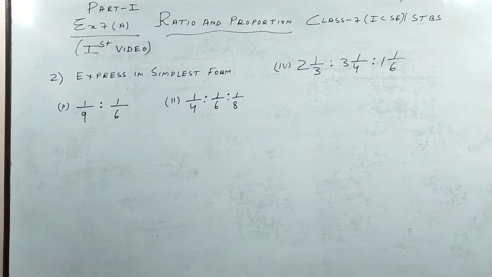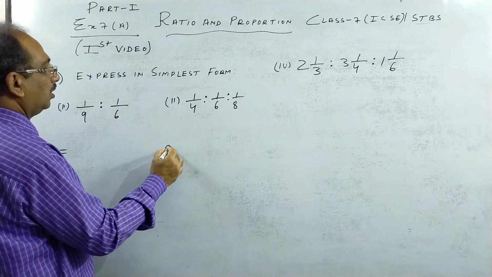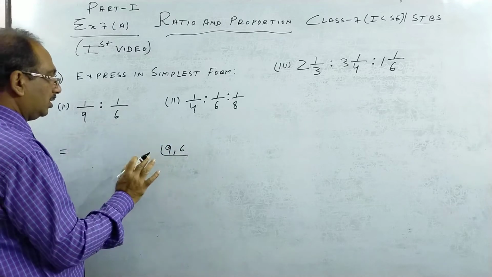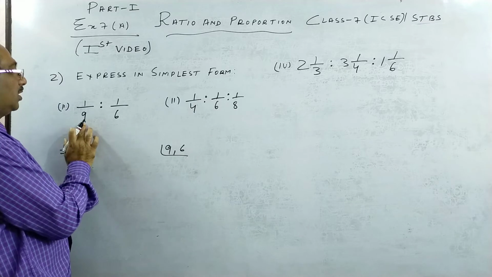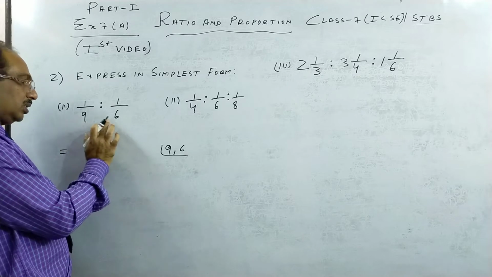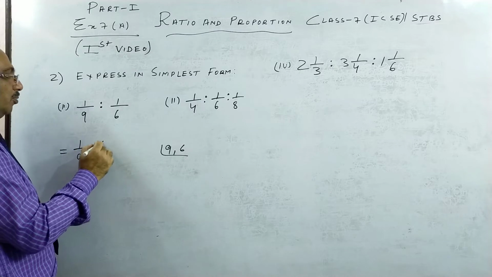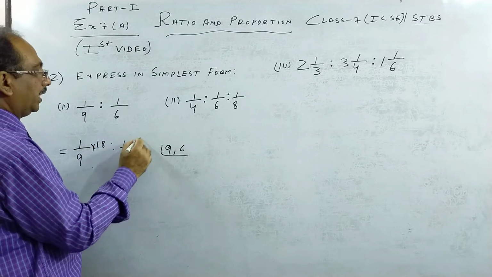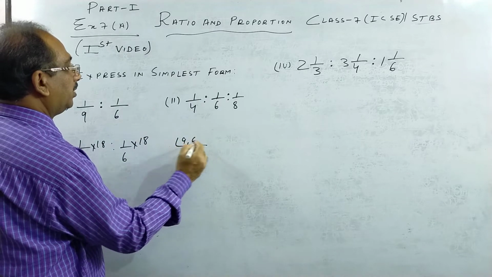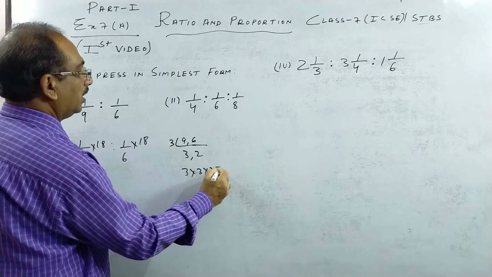So we go to question 2. We have to express in simplest form. So children, what you have to do, you have to find the LCM of 9 and 6. It's quite easy. Take the bigger number, mental maths I'm telling you. See in the table of 9, 6 does not come in 9, 9 2s are 18. You see, 6 3s are 18. So you have to multiply both the numbers by 18 because 18 is the LCM. Otherwise you do it like this, if you are not able to do it mentally, 3 3 2. Nothing is common, so the LCM is 18.